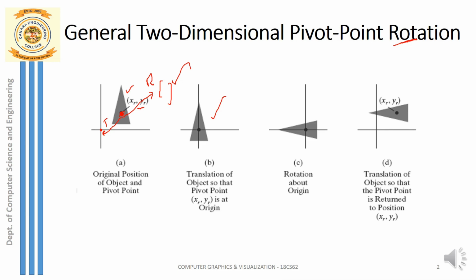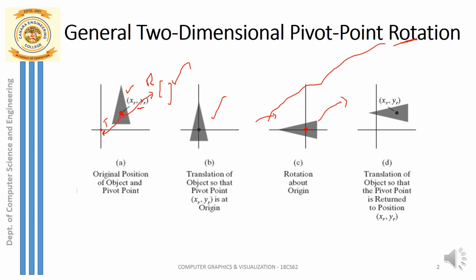Once that is done, I am ready to apply the actual transformation that I am supposed to do. What is that? I have to apply rotation now. You can see that about an angle theta I am rotating the object, and remember about which fixed point I am rotating now? I am rotating about the origin. Once that is done, I am not going to leave the object over here. I have to shift this object back to its original position. What is the original position of the object? It is xr comma yr. So I have to get the rotated triangle back to the original position.